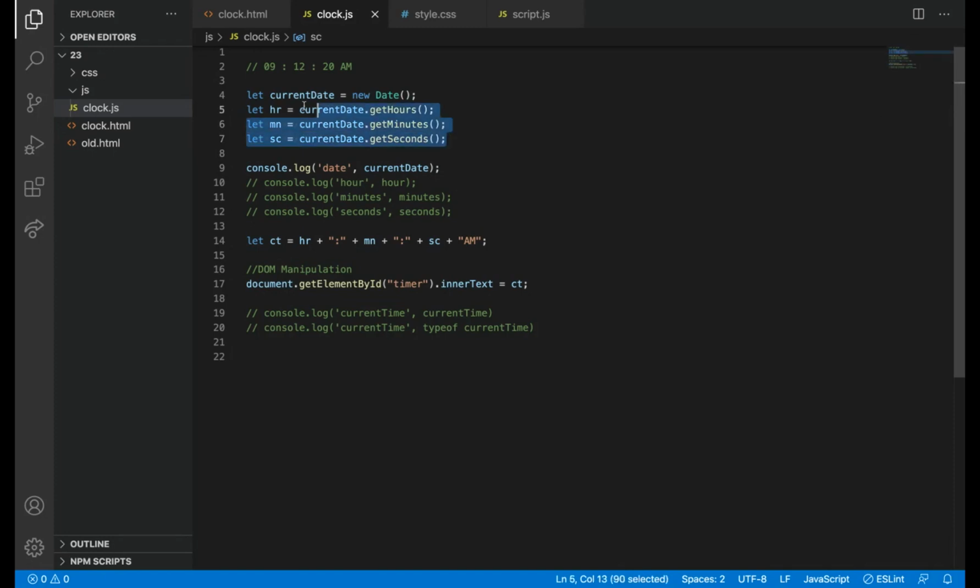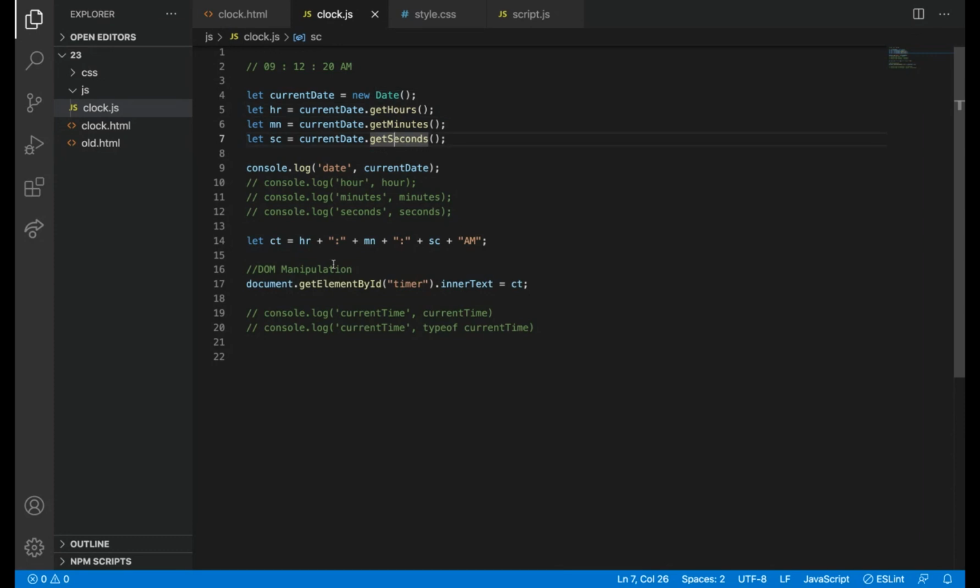So till here, we have not done any of our own calculations. We just got some numbers and then stored it in our own variables. These variables are our variables. Other than this, get hours, get minutes, and get seconds, and also new Date are predefined in JavaScript.